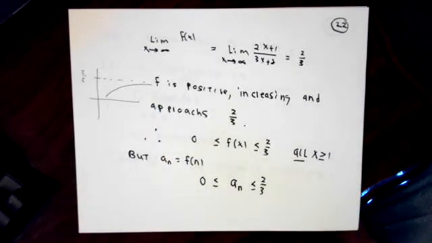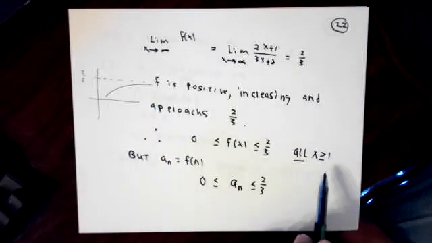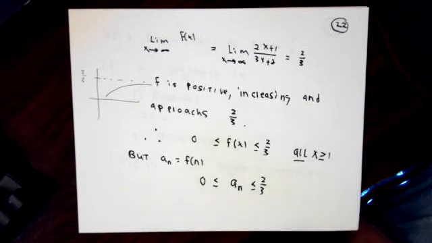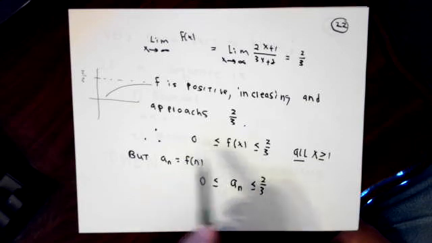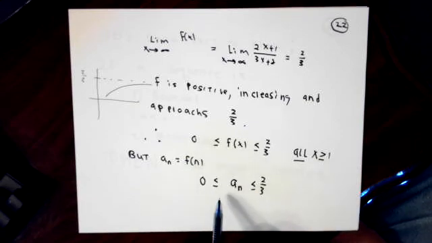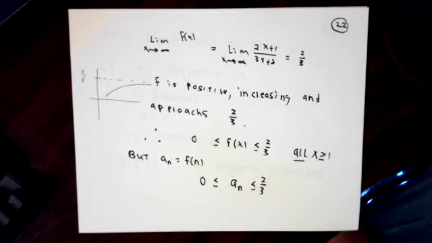So this tells me altogether that the function values for x bigger than or equal to 1 are between 0 and 2/3. But the f of x's are function values for a whole lot of x values, amongst which are the x equal n. So this fact tells me that 0 is less than or equal to an, which is less than or equal to 2/3. And we've figured out bounds both on the left and on the right for the sequence. Therefore, the sequence is bounded.